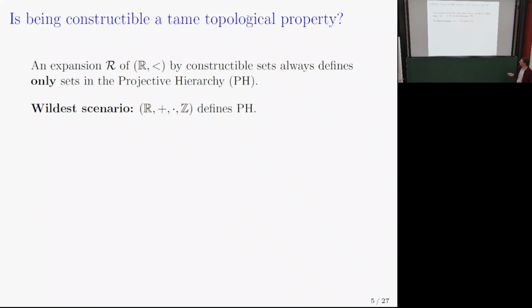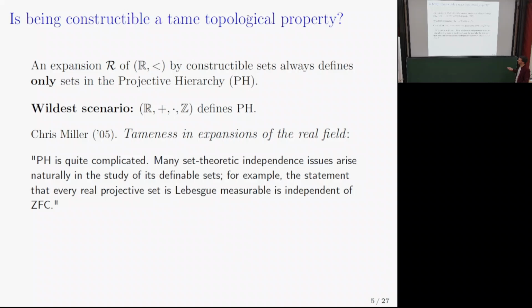So what's the problem with this? Miller argues the projective hierarchy is quite complicated. Many set-theoretic independence issues arise naturally in the study of its definable sets. For example, the statement that every real projective set is Lebesgue measurable is independent of ZFC. That's a sentence I've seen in a few papers around this, just arguing that it's not very good, you might argue, okay, all of them are definable sets in the projective hierarchy, this is pretty good, but it should be